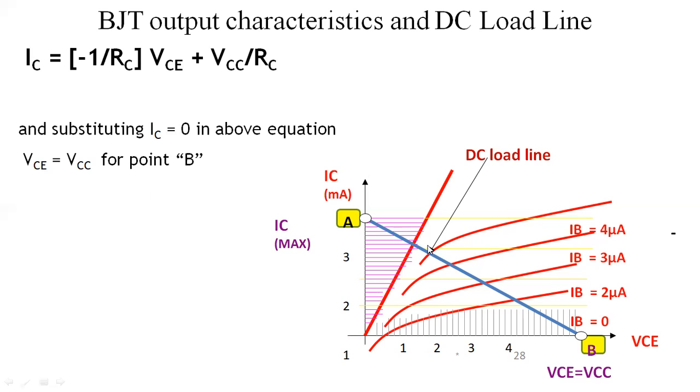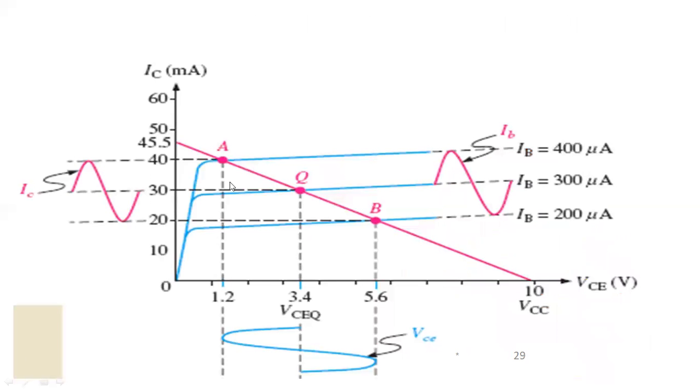So likewise, we have the maximum and minimum values of IC and VCE, along which we have to set the operating conditions of the transistor. If we have to operate this transistor amplifier, we have to maintain the values from this point to this point, like this, A to B. Whenever the input IB current is going to vary, like this,